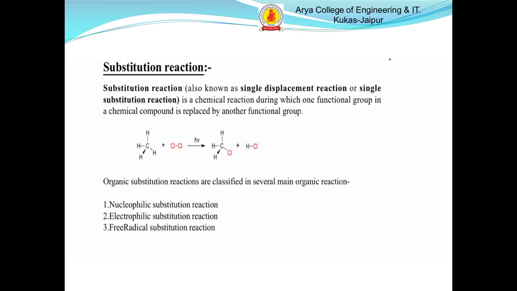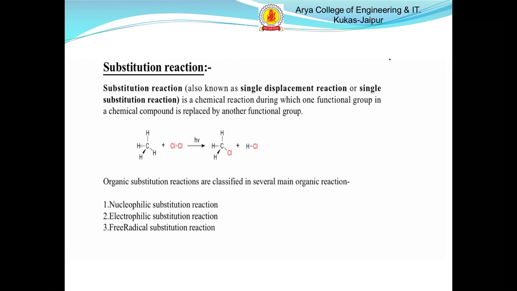Now, saturated hydrocarbons are fairly unreactive because they have attained the noble gas configuration and are inert to most reagents. However, in the presence of sunlight, they can react with chlorine in a very fast reaction. So, methane reacts with chlorine in the presence of sunlight. You can see that it has replaced one hydrogen atom to form chloromethane and HCl is removed. Similar kinds of reactions can occur with bromine, iodine, fluorine, etc.